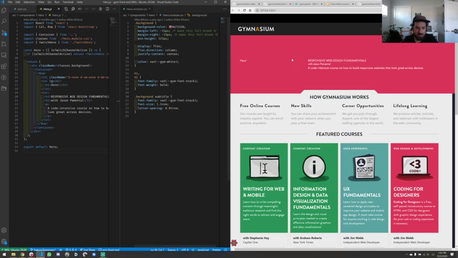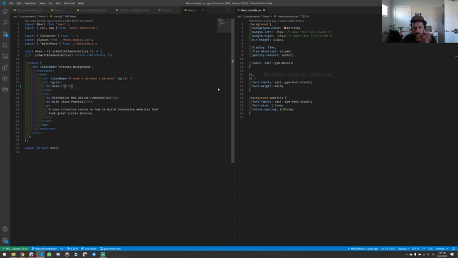So right now it's very simple. It's a big red blob. It says the word hero in it. I can edit this and hit save. We should see it update here momentarily, which will prove to you that this is indeed the right place to be editing. There we go, it updated. So I'm going to start by